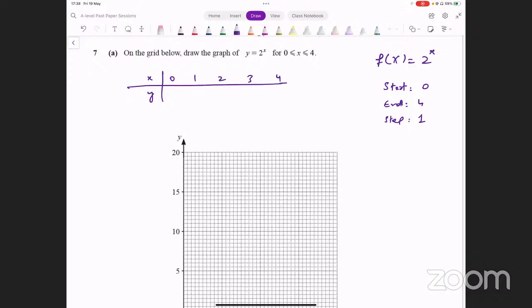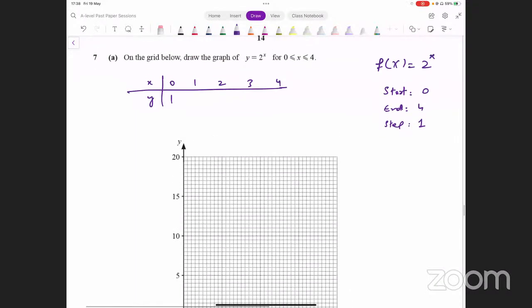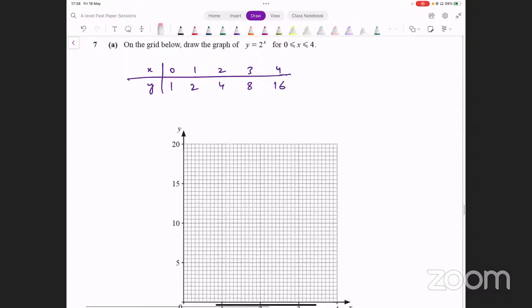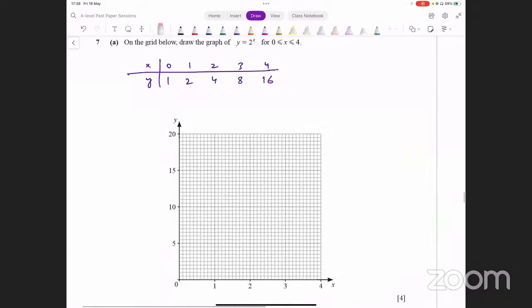2 raised to power 0, that's just 1, of course. 2 raised to power 1 is going to be 2. In fact, ये तो आप वैसे मेंटली भी कर सकते हैं। 2 raised to power 2 is going to be 4. 2 raised to power 3 is going to be 8. 2 raised to power 4 is going to be 16. ठीक है, ये हमारे पास वैल्यूज आ गई। All we have to do now is plot these values on this graph and join those values using a curve. चलिए इनको प्लॉट करते हैं।